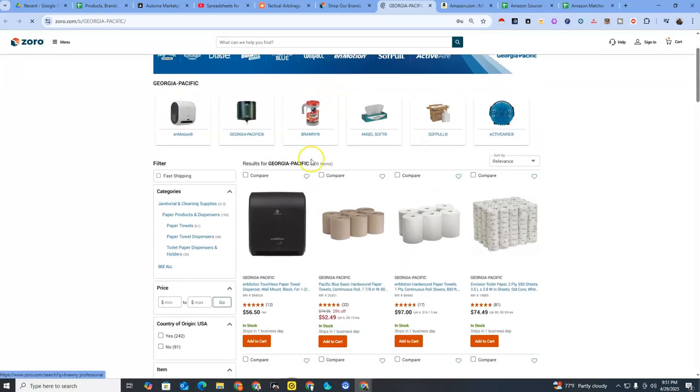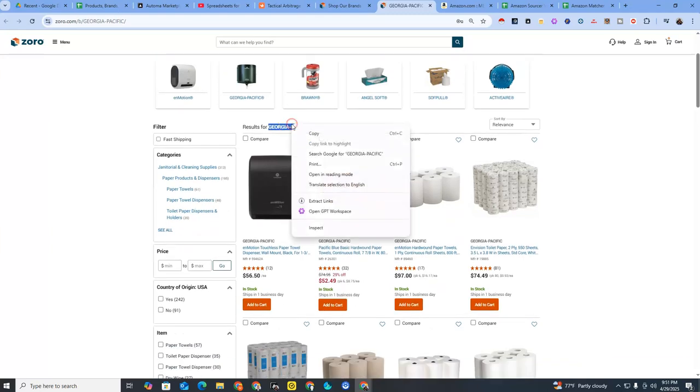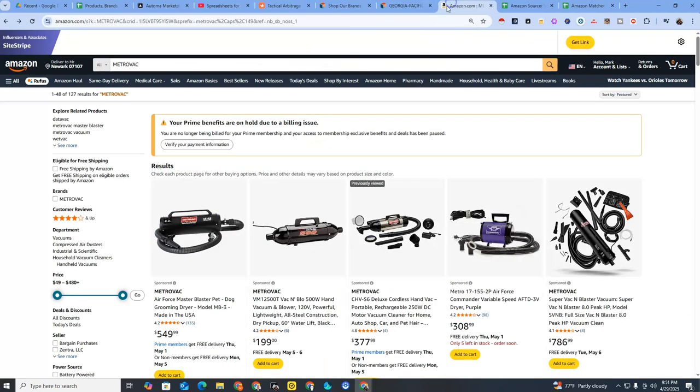Because there are brands that only have like 2 items. It can happen, right? This has got 308 items. Okay, fine. So I'll take Georgia Pacific. Clearly the brand has some kind of presence on Zoro. Then I'll go over to